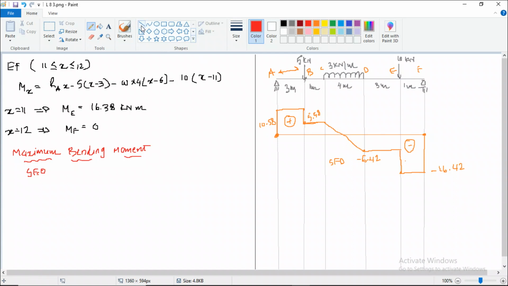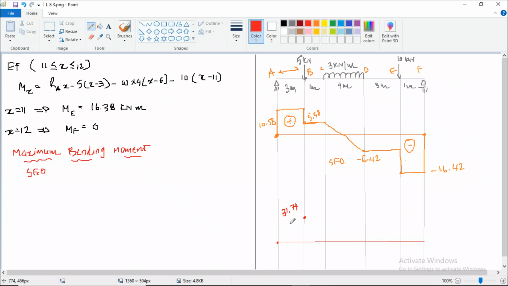So again, to draw the bending moment diagram, we'll draw a baseline first. Now we know the values of bending moment at each and every point, right? So we'll mark those points first and then we'll join those points. So at bending moment A we got the value as 0. At bending moment at point B the value was 31.74. So let us mark a point and write a value 31.74 kilonewton into meter.